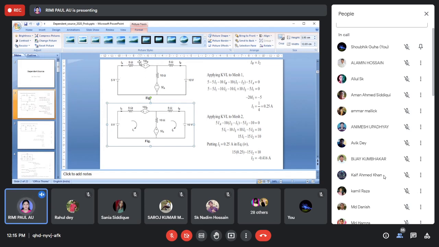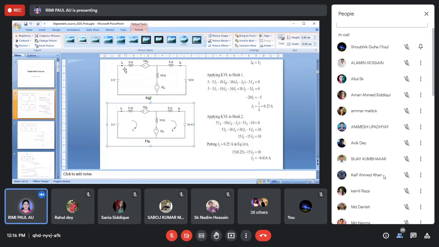So here you can see that one term 10 IB is present and another term 4 IB is present. Now if you add, you will get one value. Now you have to replace IB. IB is the branch current of this path, so you can take (V minus 10) by 5, that is equal to IB. You can replace IB by this equation, and now the whole equation contains only one variable, V. So you can easily find the value of V.